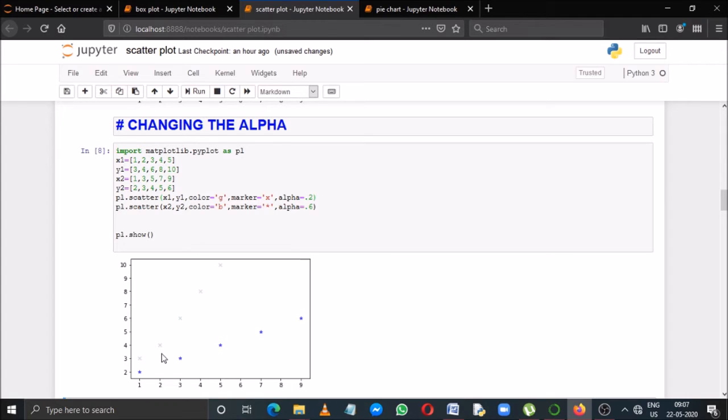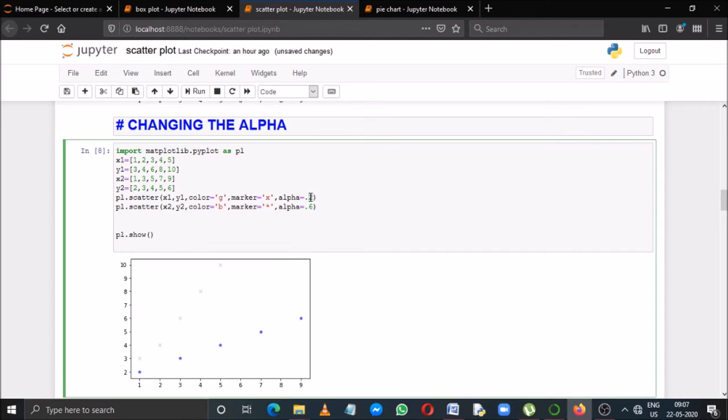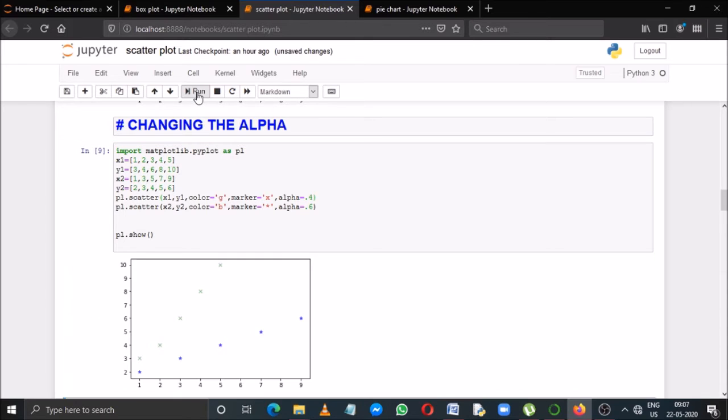You can hardly see these markers. If you increase the value, suppose you make it 0.4, then it will change accordingly. This is the purpose of the alpha attribute.